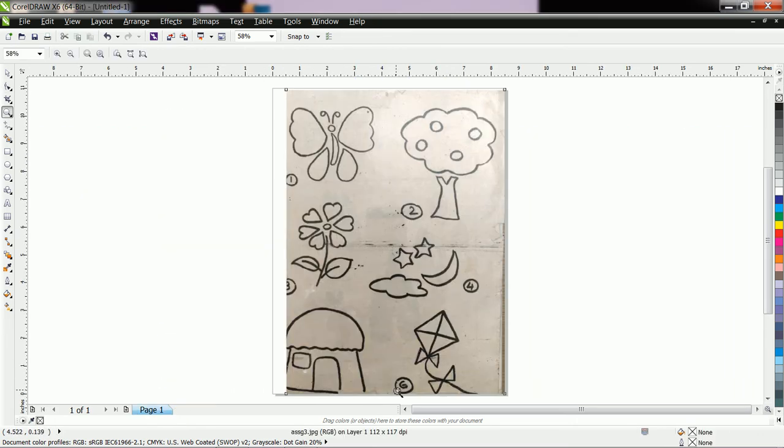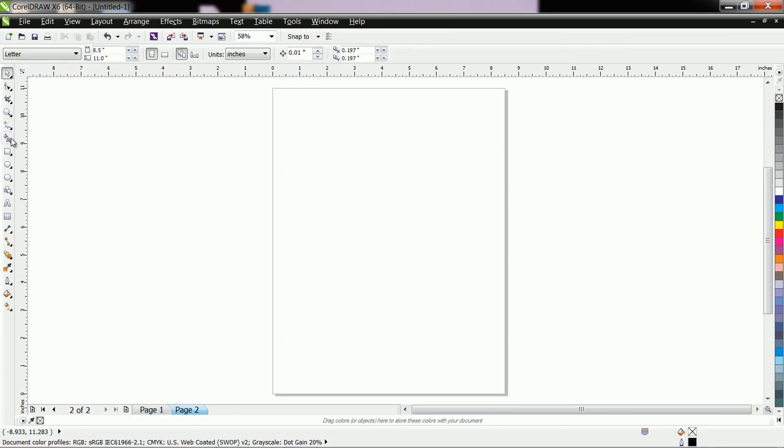We are going to learn how to create drawing. Now let us create from this first drawing. It is a butterfly. Now let us create a page 2. Okay, while creating this drawing, first create this shape. How to create this shape, let us see. Simply you can use Bezier or pen tool.